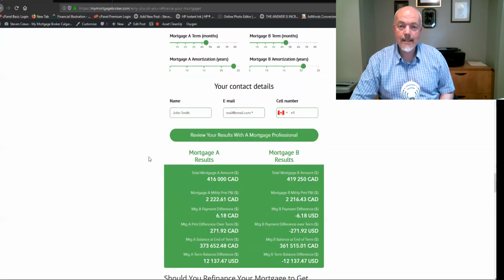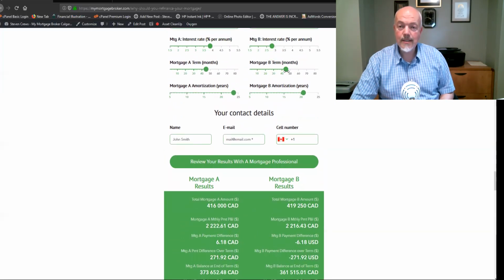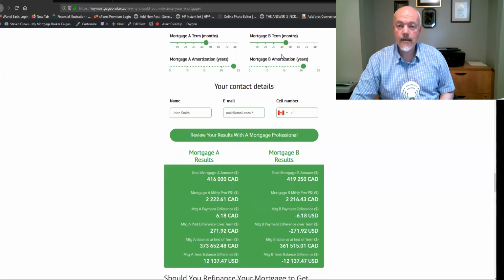There's only 44 months left, so if she did that, then she would still have another 16 months at this lower interest rate. So she would benefit quite a bit more and extend her lower interest rate for a longer time. So let's also look and see if she can recover her costs within 18 months, because I just always like that number. I've always used that number historically, and within 18 months, she still